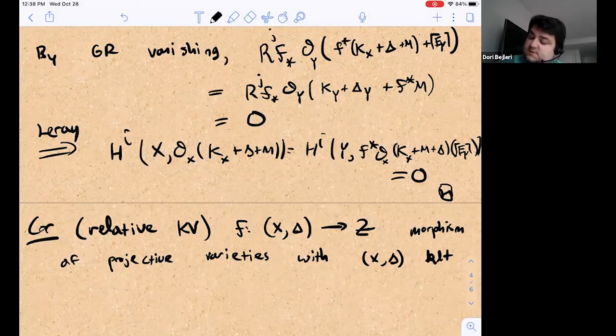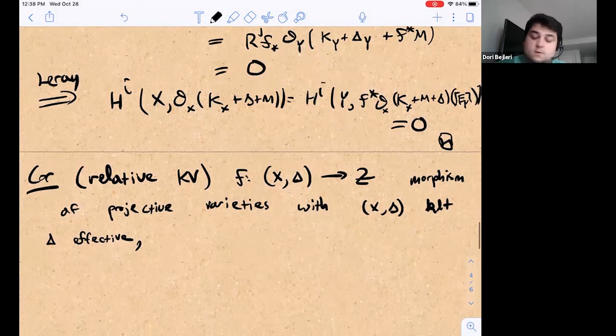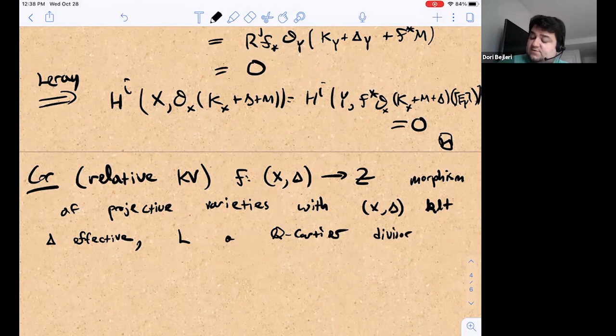And let's assume that delta is effective. So again, the coefficients are between 0 and 1. Then if L is a Q-Cartier divisor, again, an integral Q-Cartier divisor, with L equivalent to M plus delta, where